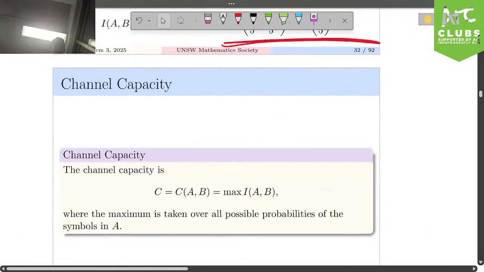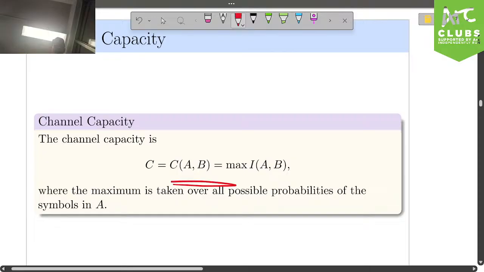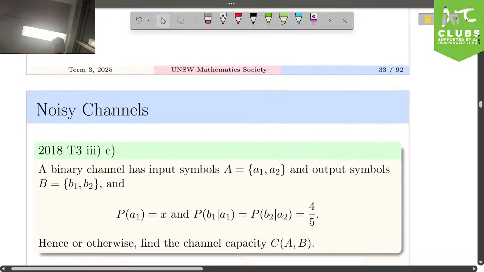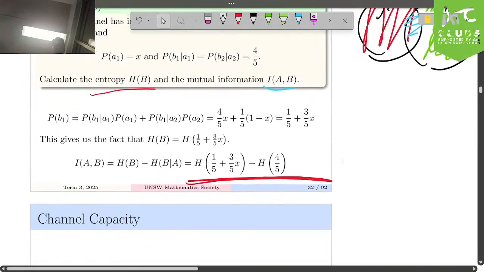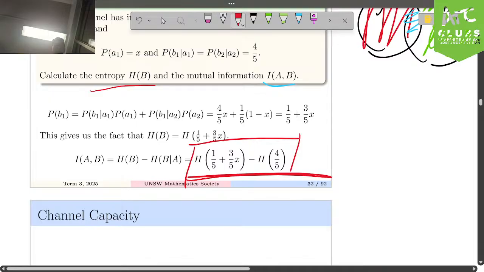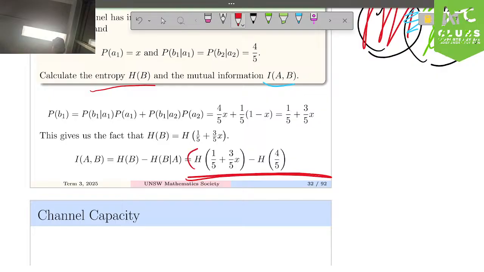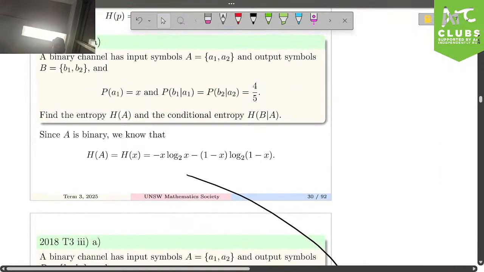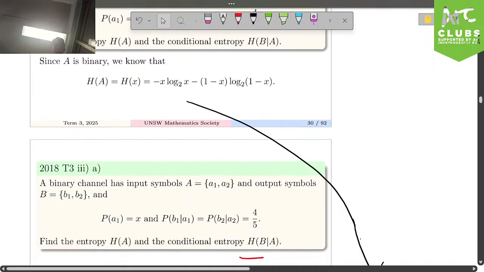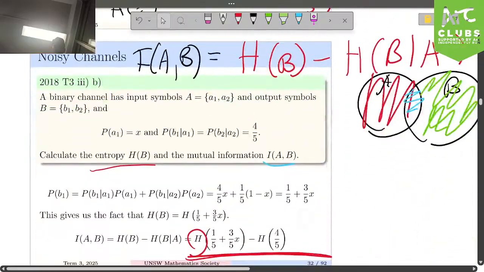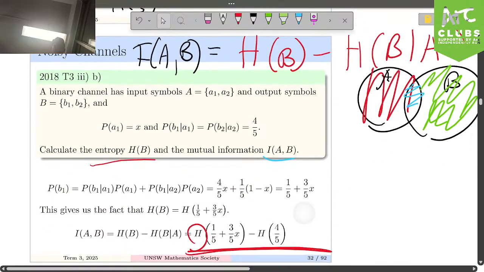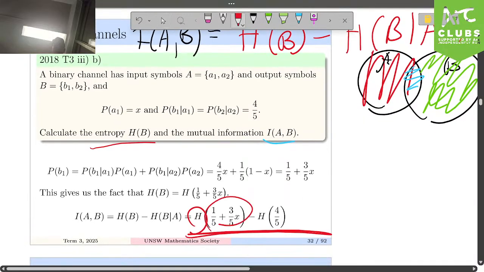Then finally, I believe this last question relates to what we define as the channel capacity, specifically the maximum mutual information. So we are going to find that here. In this case, we're trying to maximize this function. And to maximize this function, you would want to use your chain rule because this entropy function, this H that we commonly use, is differentiable and has maximum value when x is equal to a half. In this case, it would just be x equals a half. You just plug that in.